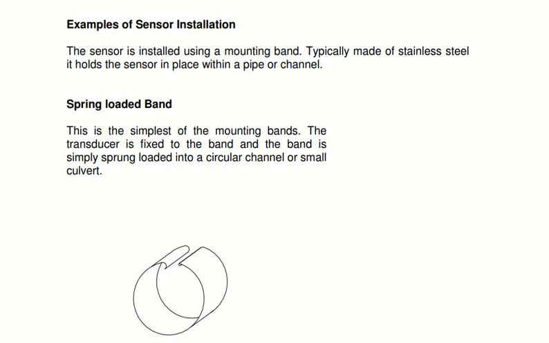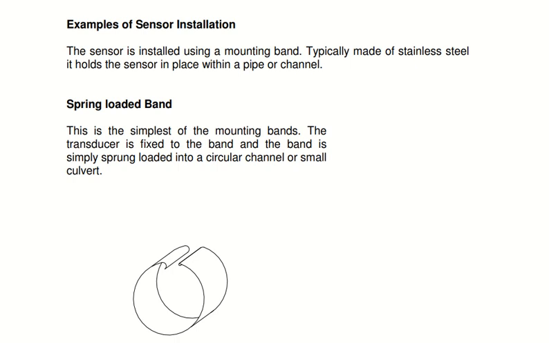And now coming to our case, the order of sensor installation and methodology that we are going to see today with the help of multiple examples, a few of them. Okay, so the first one is the spring loaded band, which we are going to see. Then we are going to see the scissor jack band. So the sensor is installed using a mounting band,